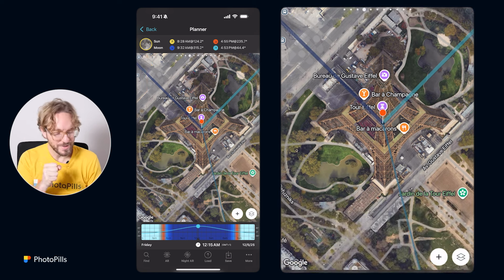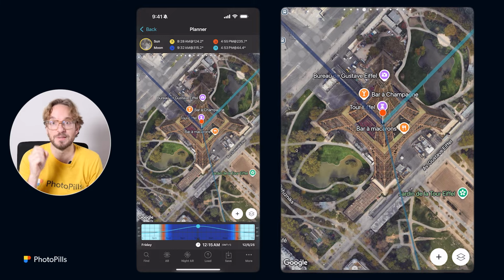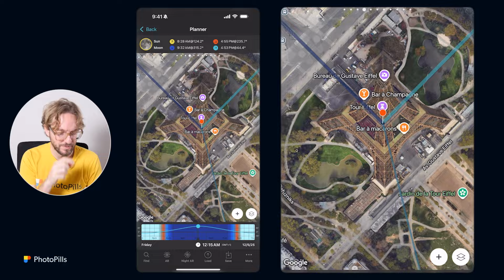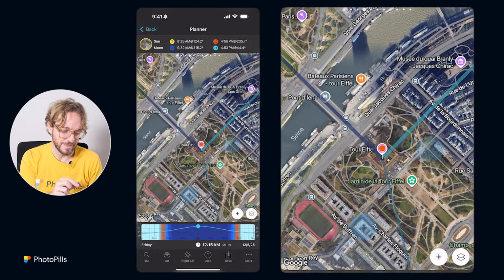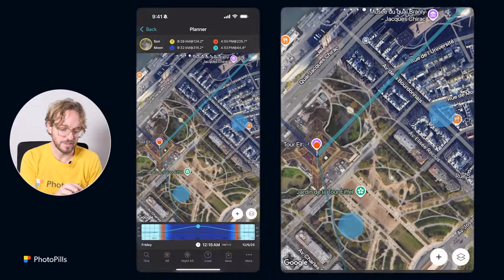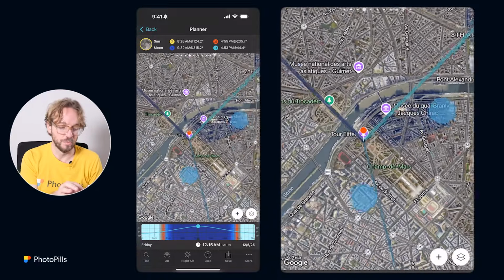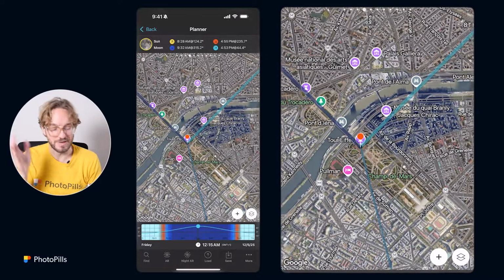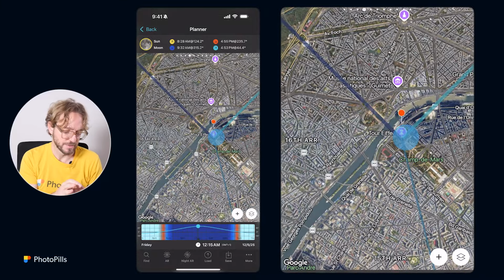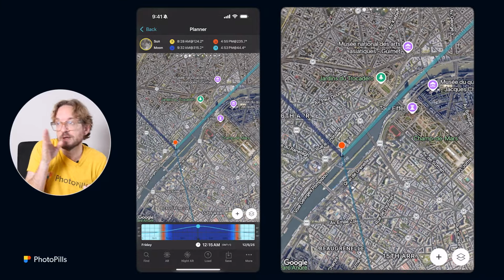Nice. And now, as always, I'll try to find the shooting spot and shooting time where I can align the supermoon with the Eiffel Tower. And I'm gonna be looking for the spot based on the moonset and moonrise directions. In this case, I think I'm gonna try to find something for the supermoonrise because based on the moonrise direction, I know I can go to the other side of the Seine River and try to align the moon